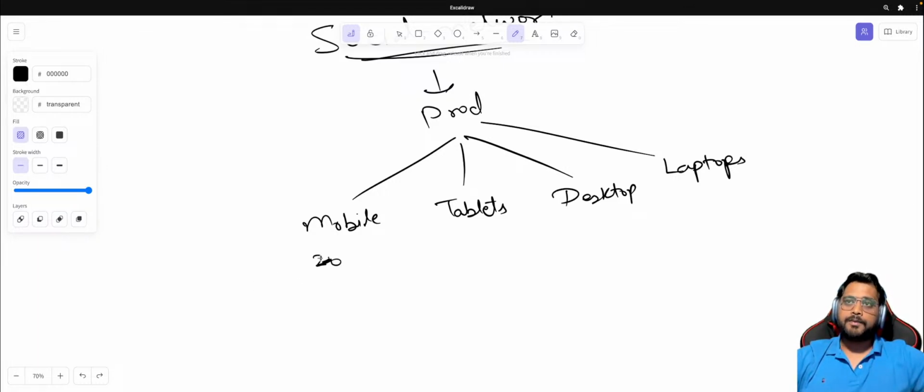A person can be using a very, very old mobile. Your website should work on that phone also, right? Right or wrong? But